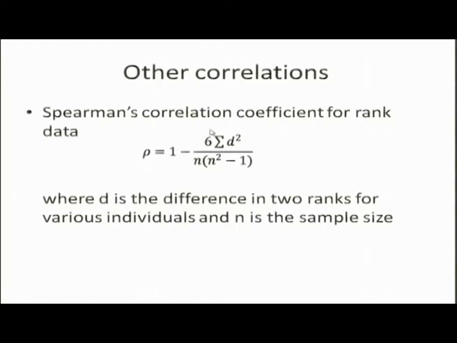Some students think that Karl Pearson's correlation and Spearman's correlation are two different things. Actually, both of them are same, but due to certain rules of sum of natural numbers, you have a simple formula. You do not have to calculate covariances and variances. It is rho equal to 1 minus 6 sigma d square over n cube minus n, where d is the difference in ranks and n is the sample size or size of the data.